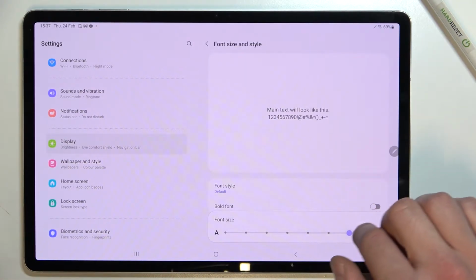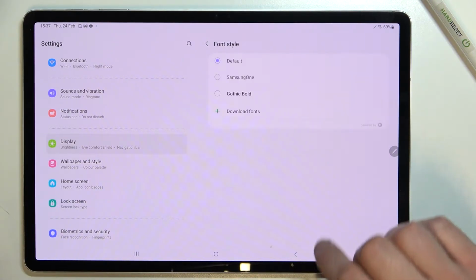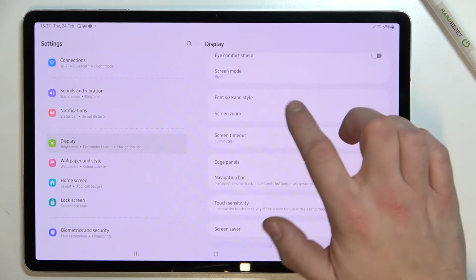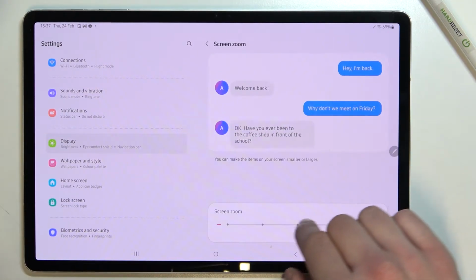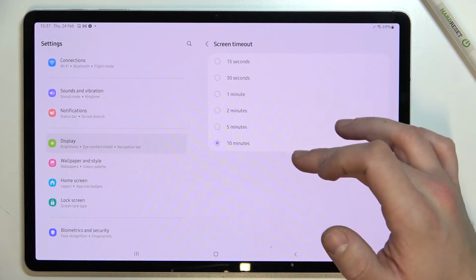change font size, enable or disable bold font, change font style, screen zoom, change screen timeout between 15 seconds and 10 minutes,